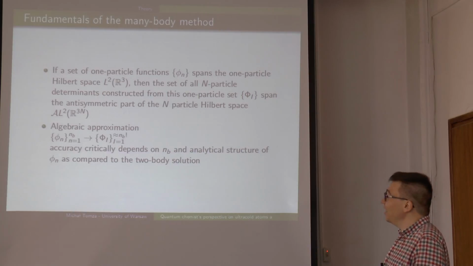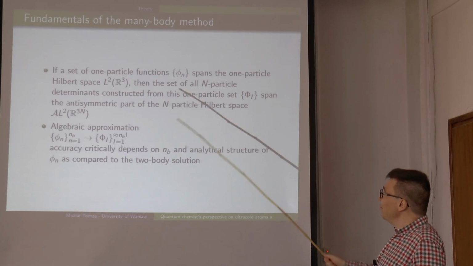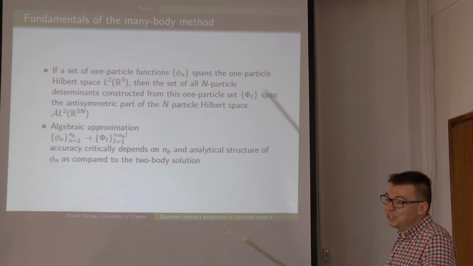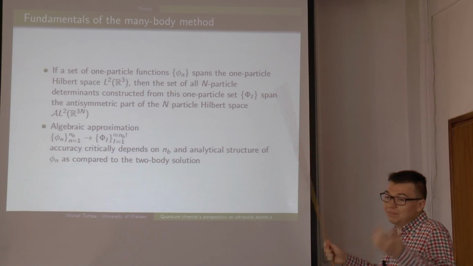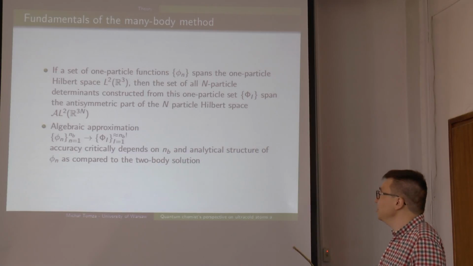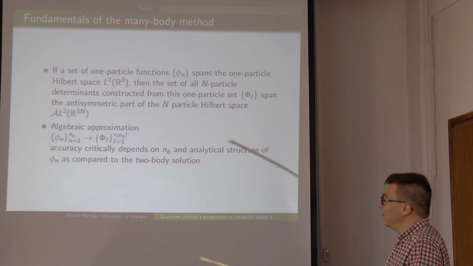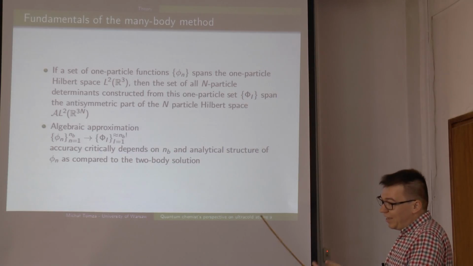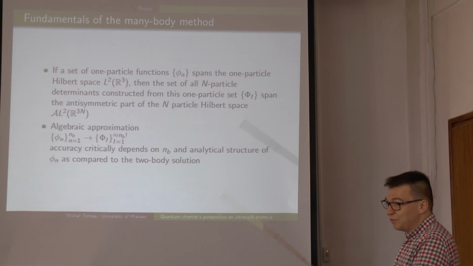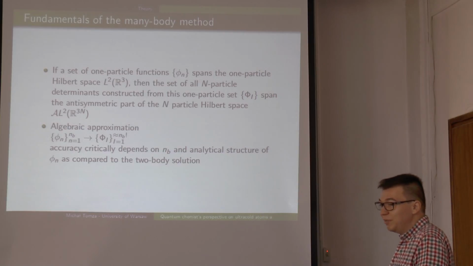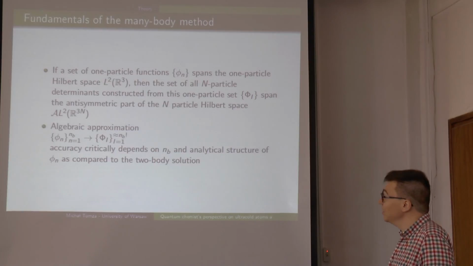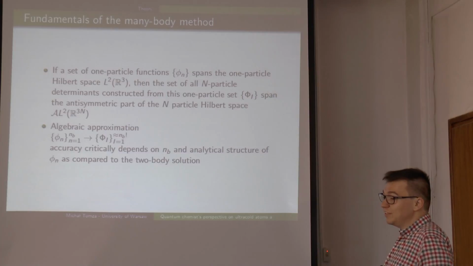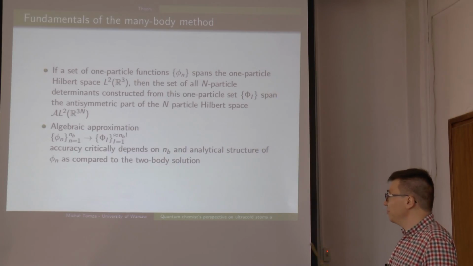But this is the problem: the number of possible n-particle determinants starts to increase exponentially. So always some kind of approximation has to be applied, and this is the center of quantum chemical approaches, to develop different methods to truncate the wave functions once we describe electrons. And here we use the same methods with the same wave function representation to describe Fermi atoms.